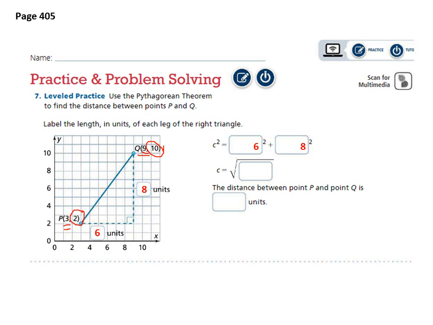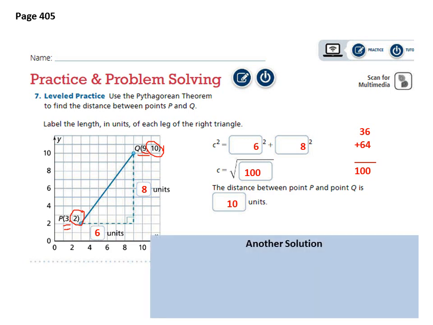How to find C? It's square root 6 squared plus 8 squared. Of course 6 squared is 36, 8 squared is 64, so the sum is 100. So C equals the square root of 100. Of course the positive square root of 100 is exactly 10. Are you happy with this? Yes? Okay, then